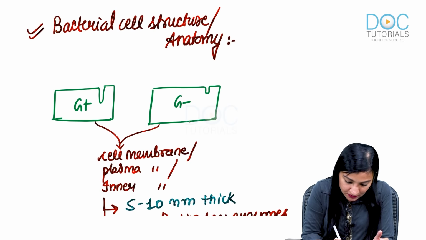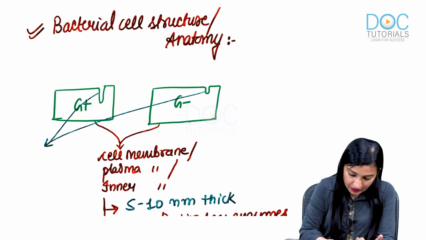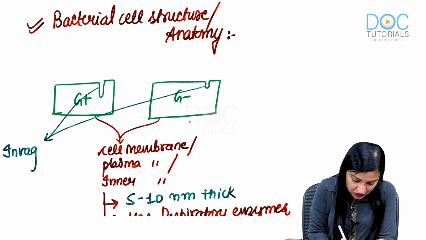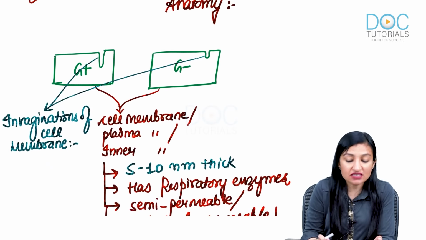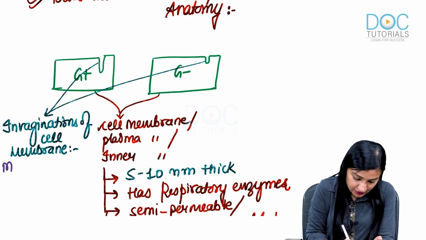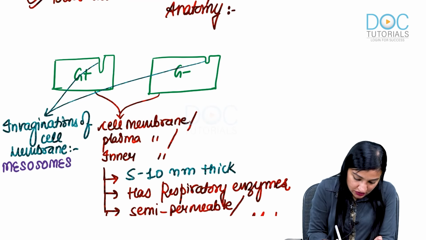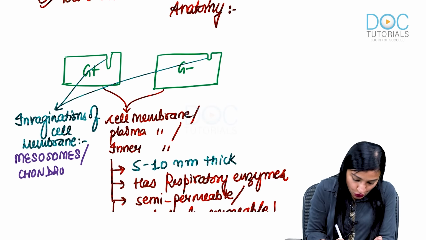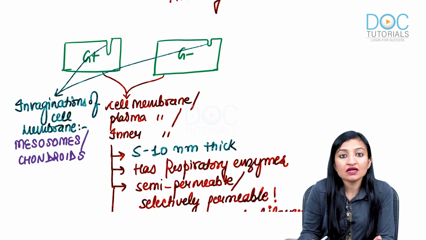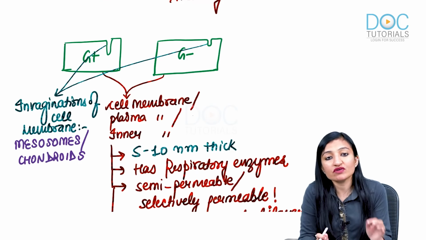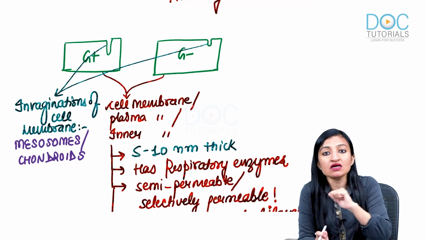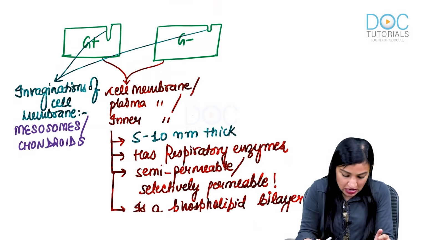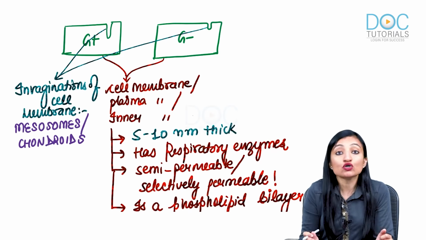So these are invaginations of cell membrane, and these invaginations are referred to as mesosomes or chondroids. Now guys, there's a reason why I have shown these invaginations as a little longer in the G plus bacterium, whereas not so long in G minus, because I want all of you to remember that